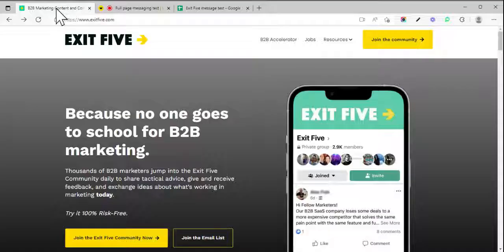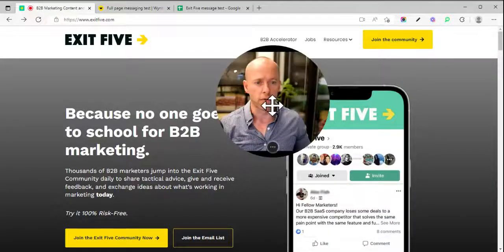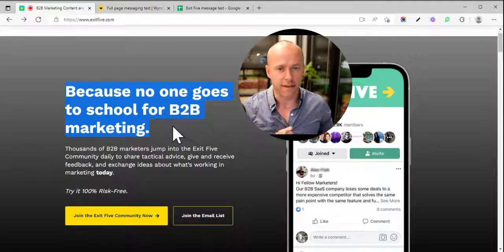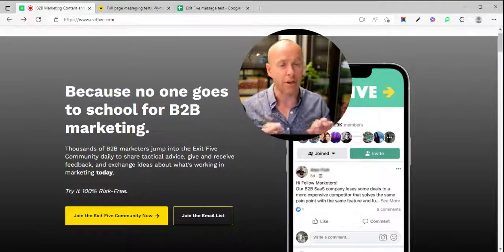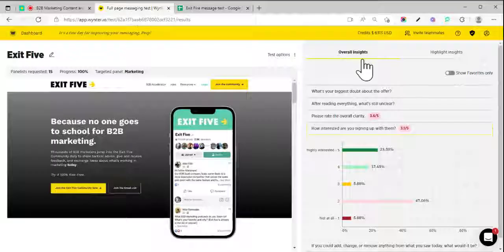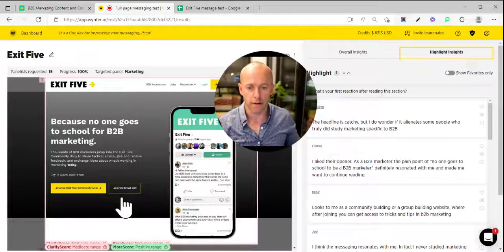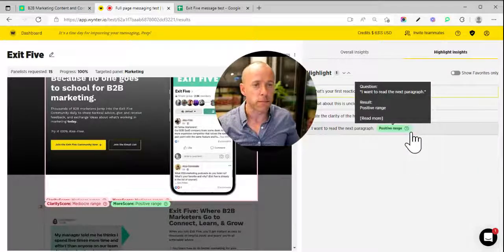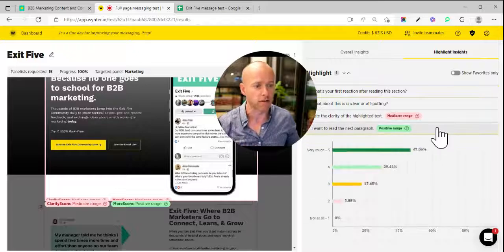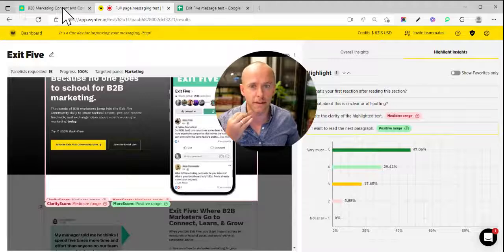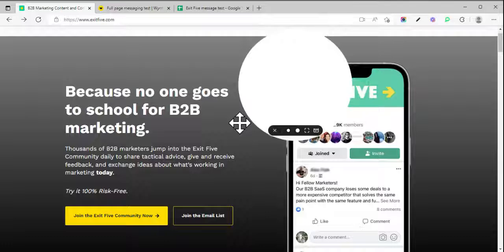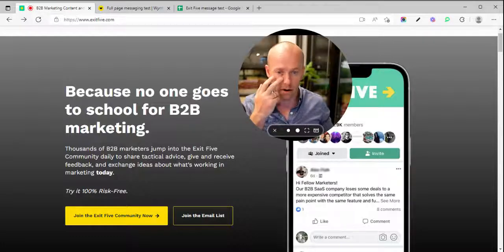Let's get into it. So if we look at the above the fold area of this site, the headline nailed it. The headline and the value prop overall gets people curious. And if you look at the highlight number 1, the above the fold area, it has the most important thing, which is how badly people want to keep on reading is in the positive range, like mostly 5s. Right, so it nails the curiosity part. Well done. However, it's kind of downhill from here.